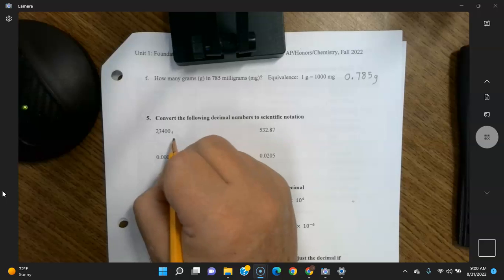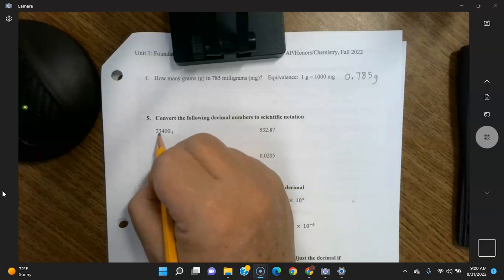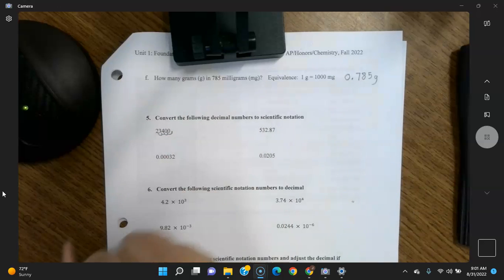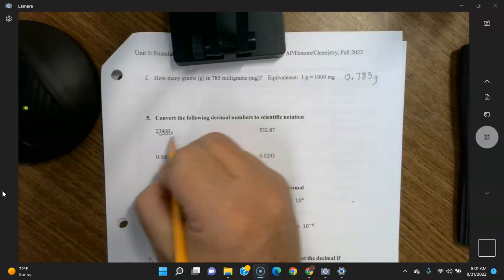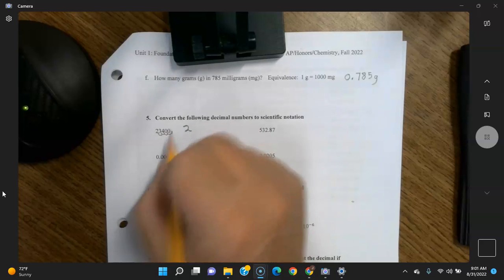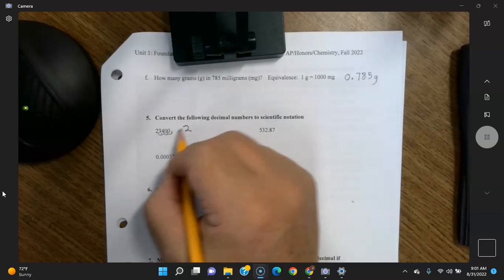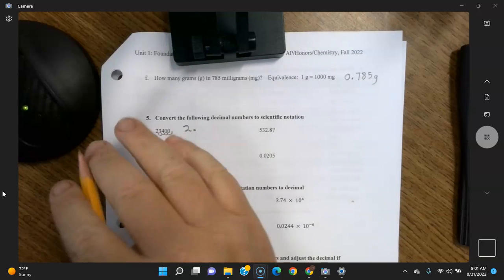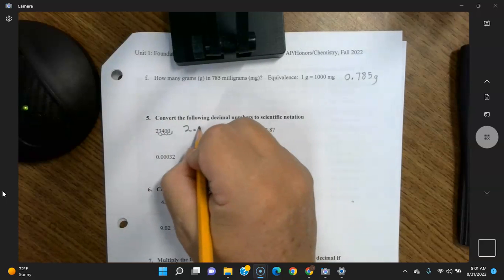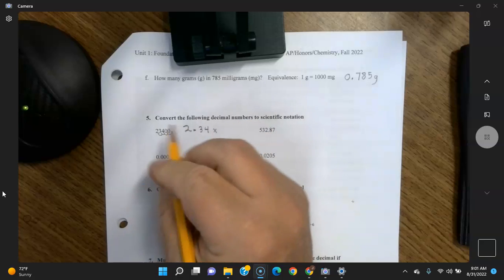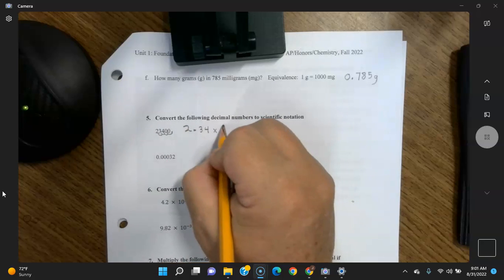2.34 would be a number between 1 and 9.99. So I'm going to count how many places. 1, 2, 3, 4. You had to move it 4 places. So what you write is the coefficient. Again, I'm assuming that you watched the video, so you kind of know what we're doing here. Okay, if you didn't watch the lecture video, then I'm kind of going past you a little bit. So it's 2.34. You don't need to include the zeros, times 10, and you moved the 4 places, so it's